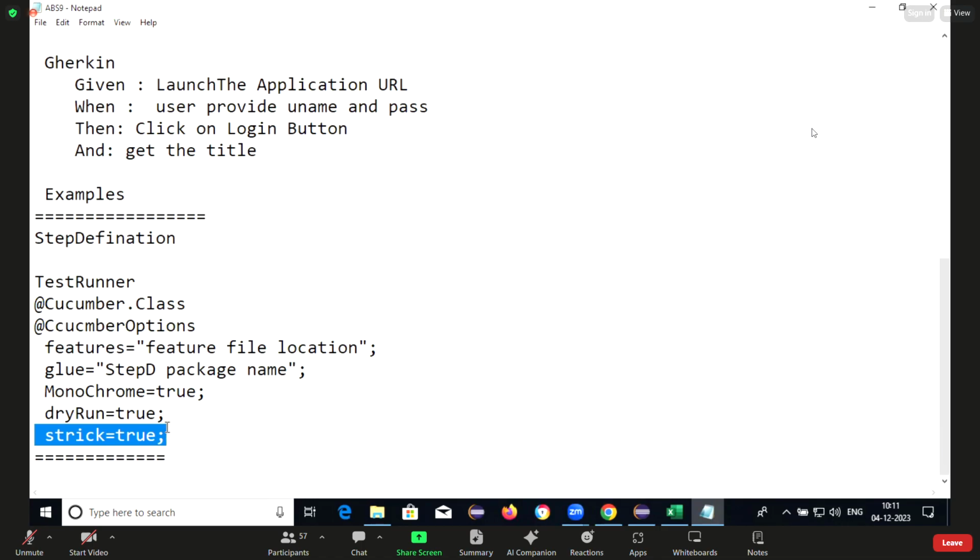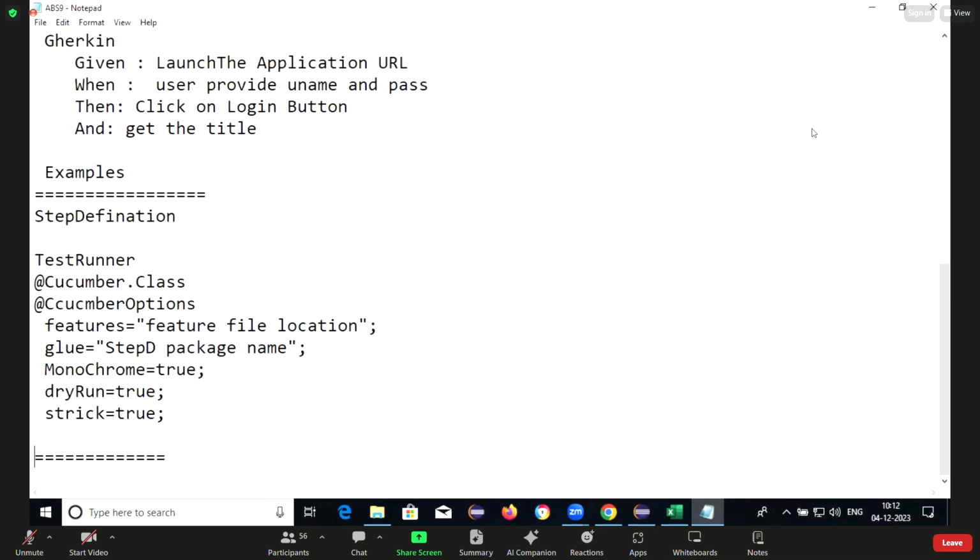Because if you skip any step from the feature file, the strict will handle the step definition. If you skip any step from the feature file, in the test runner you must provide strict equal to true. Clear? Is it clear or not? The next one,